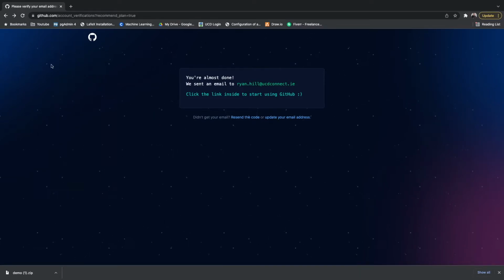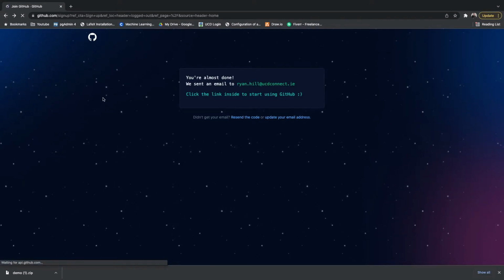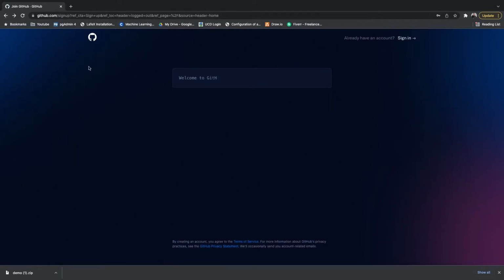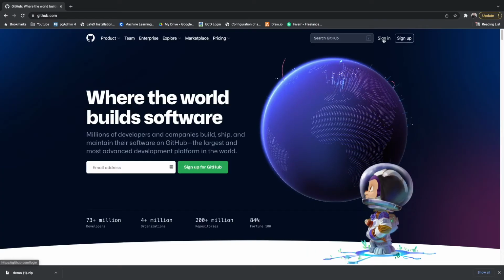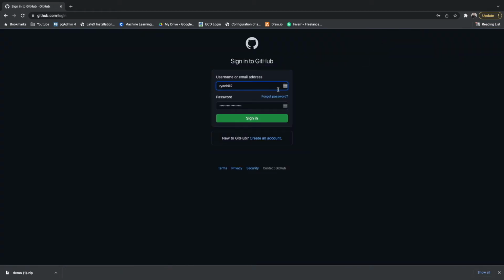So what we can do now is, if we go and just go back here, or if we just go back to the GitHub homepage, we can actually now sign in rather than sign up before. So if we just get rid of this, so that's just my other GitHub account that you see, it's pre-populated. So we're just gonna get rid of that and put in our newly created account. So once we fill that in, just hit sign in,